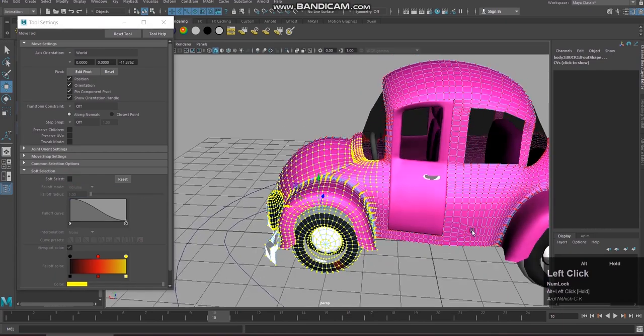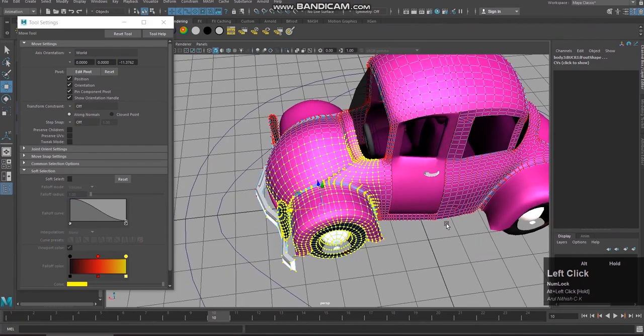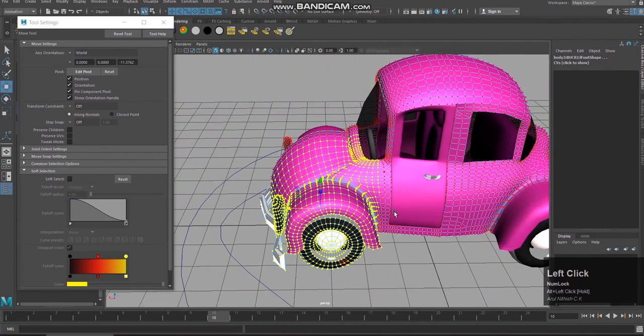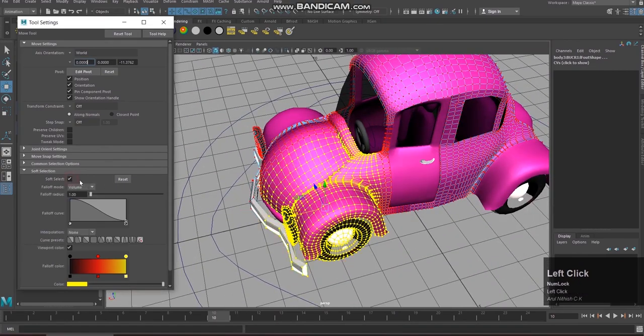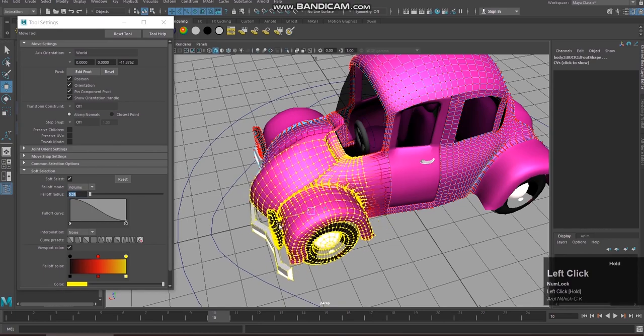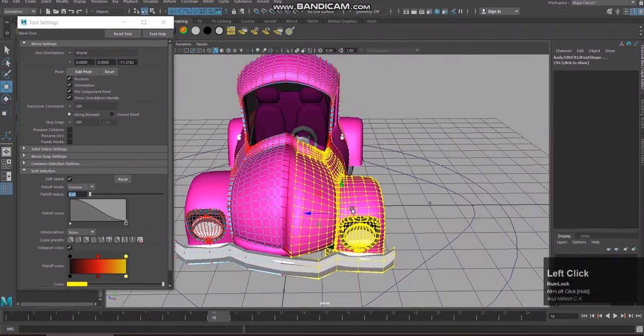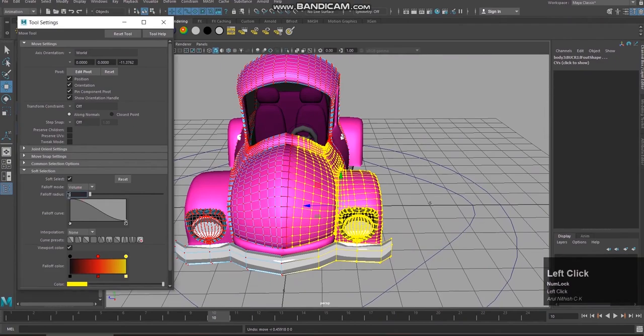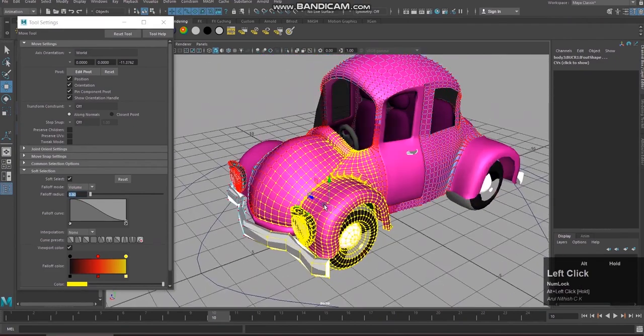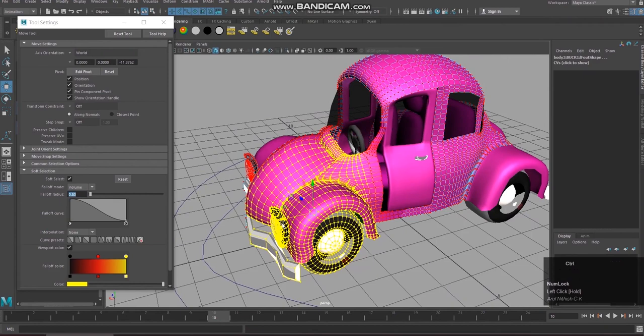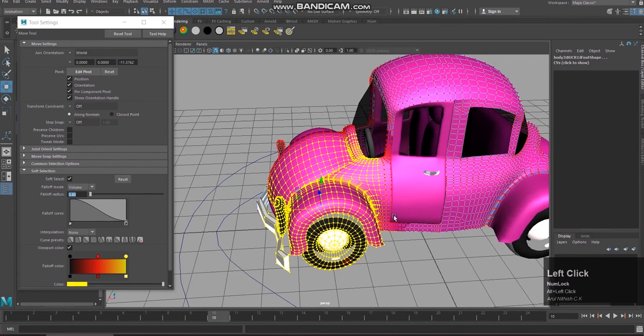Or I can reduce the falloff radius from 0 to 0.25, something like that. This is fine, or 0.8. This part should not tear off, so I'm making it 0.7.